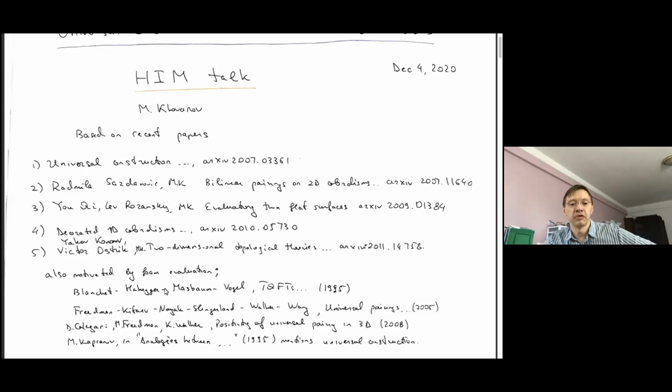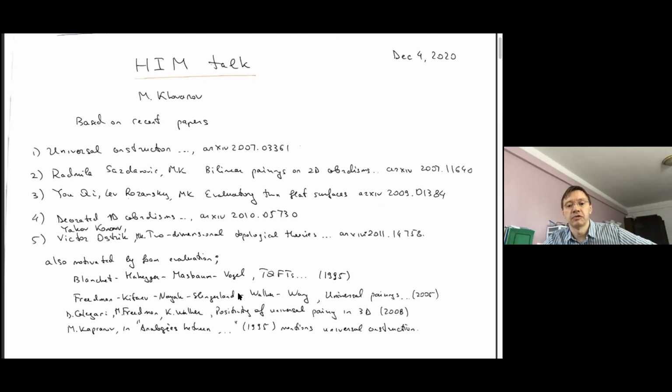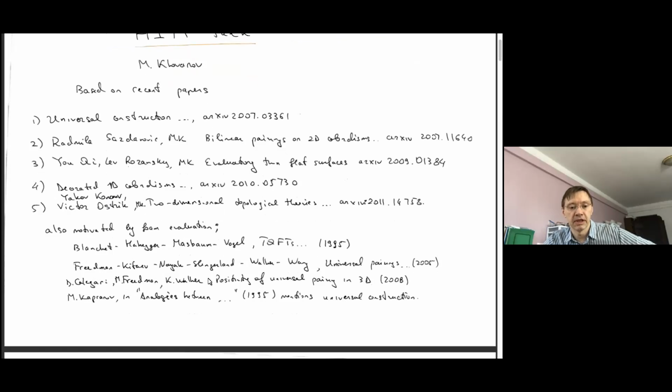Universal construction goes back to the work of Blanchet, Habegger, Masbaum, and Vogel from 1995. There's also a similar construction due to Freedman, Kitaev, Nayak, Slingerland, Walker, Wang on universal pairings and related follow-up work. And also, interestingly, I noticed recently that Kapranov mentions universal construction in his paper from 1995 about the analogy between TQFTs and the